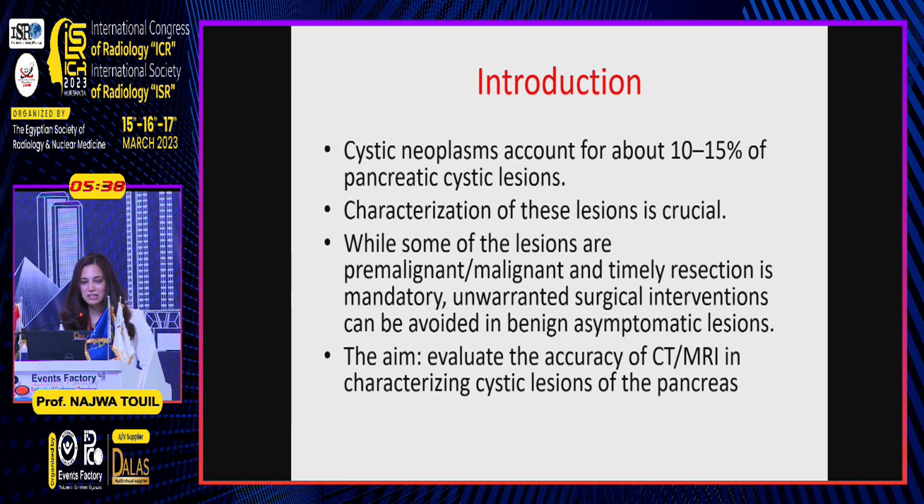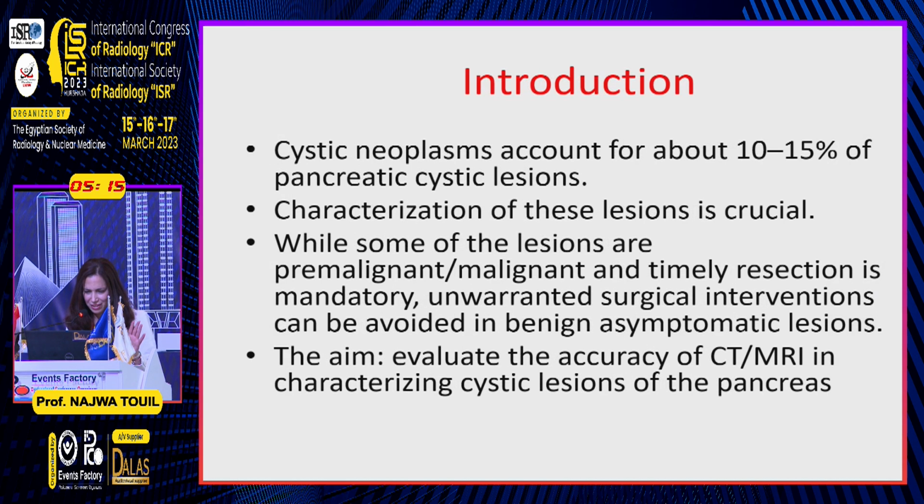As you know, cystic neoplasms account for about 10 to 15% of pancreatic cystic lesions, and the characterization of these lesions is crucial. While some of these lesions are pre-malignant or malignant, where resection is mandatory, unwarranted surgical intervention can be avoided in benign asymptomatic lesions. The aim of this study is to evaluate the accuracy of CT and MRI in characterizing cystic lesions